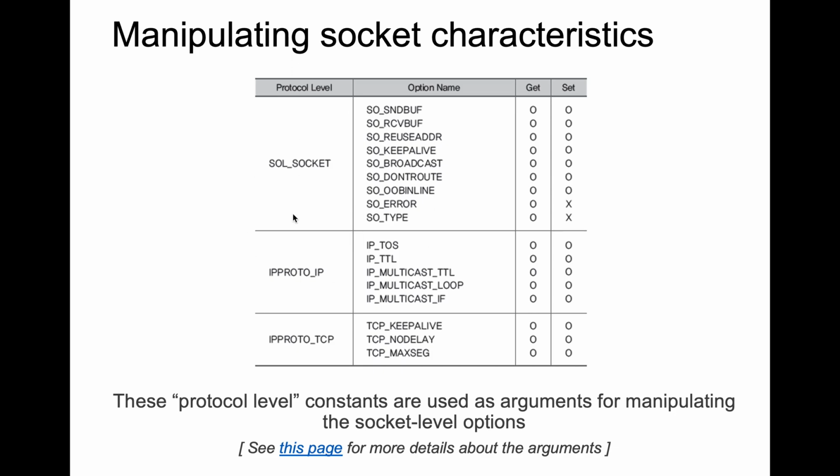So let's try to understand what these constants are. The first thing is the level of the protocol, the level of the property that we want to change. For example, we want to change directly the socket's characteristics on the application level. So that means the level is socket, and then the properties that we might want to change are the sending buffer size, the internal buffer size, or receiving buffer size, or being able to reuse the address. That means